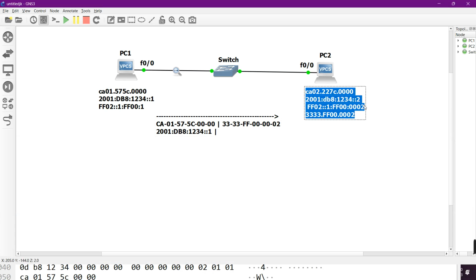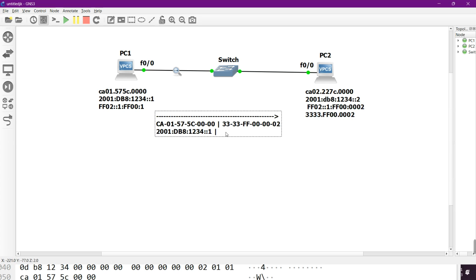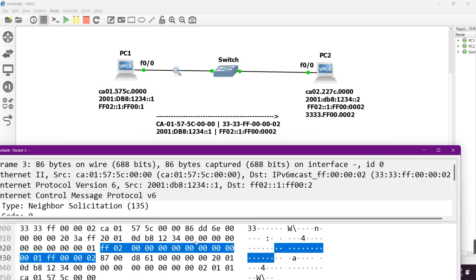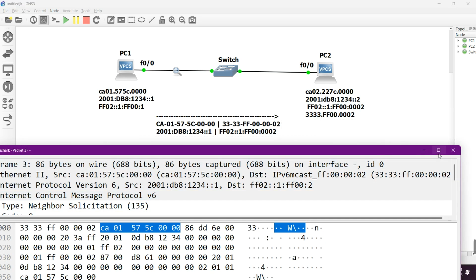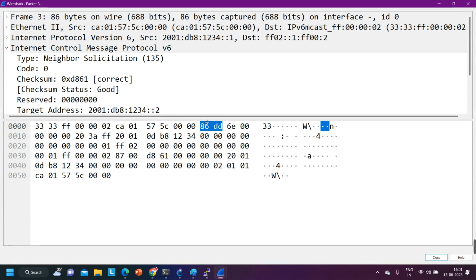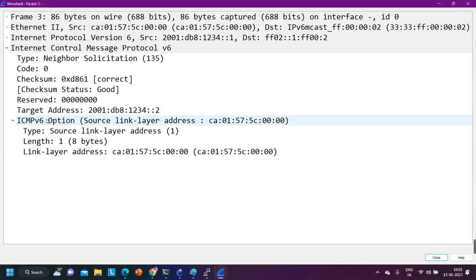So let me copy it from here, the multicast address, and paste it over here. It will be the destination IP address. After that, if you open the actual ICMP message in detail,